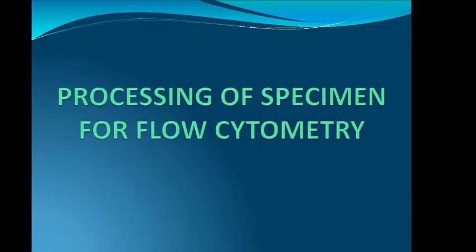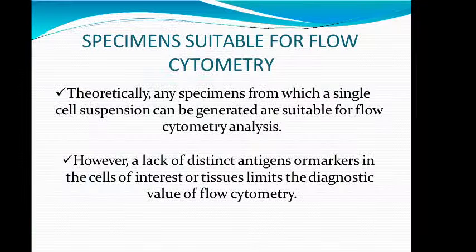So this is how we have to process the specimen for flow cytometry. Theoretically, any specimens from which a single cell suspension can be generated are suitable. So you can take any cells, any specimen for flow cytometry. However, a lack of distinct antigens or markers in the cells of interest or tissue limits the diagnostic value of flow cytometry. Basically, flow cytometry is generally used for blood cells like monocytes, basophils, eosinophils, neutrophils, as well as